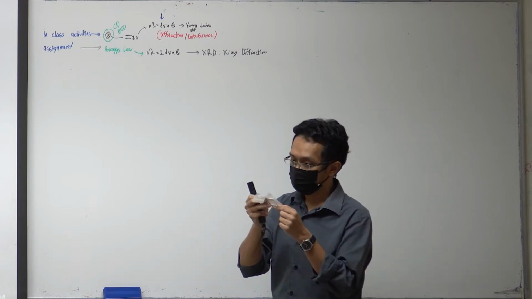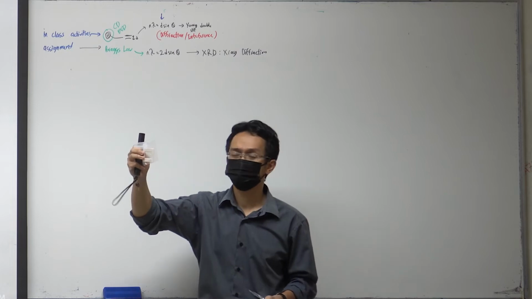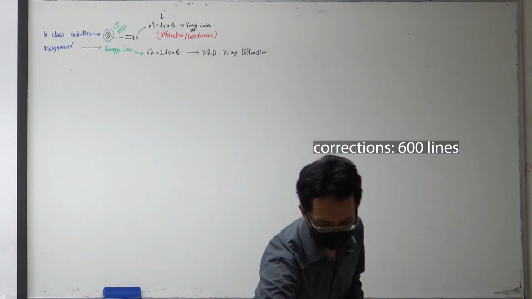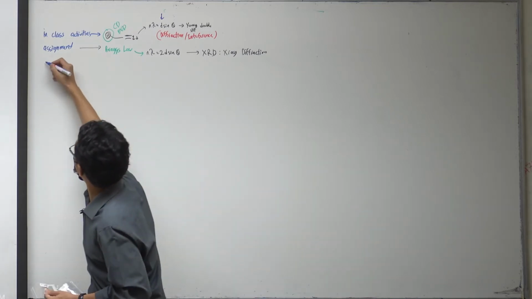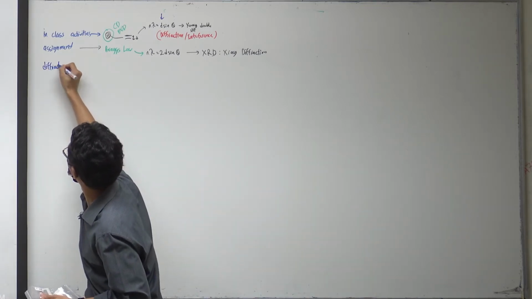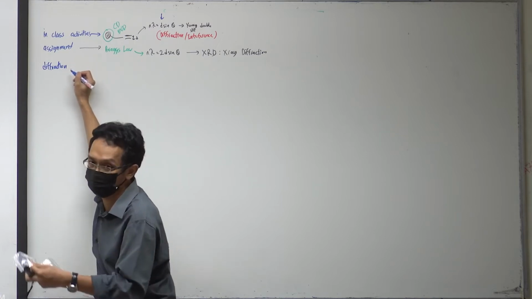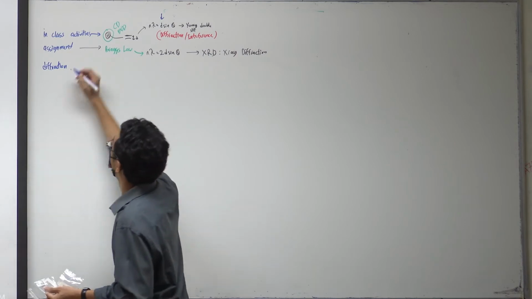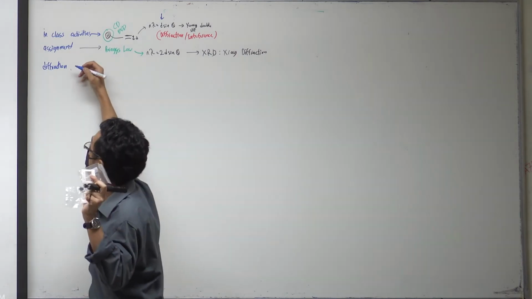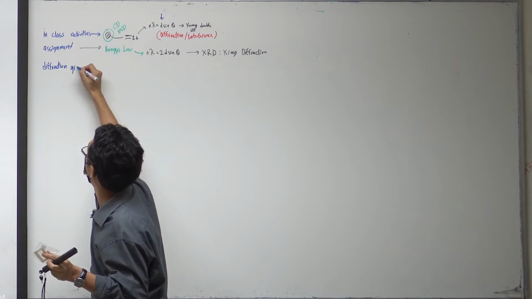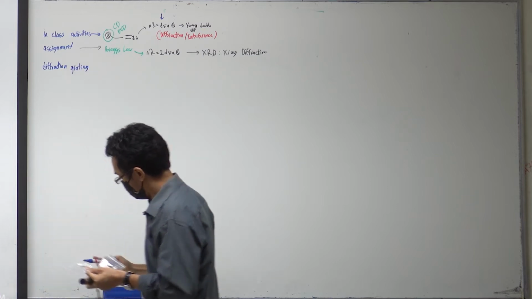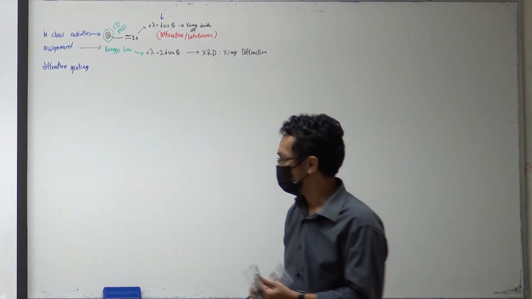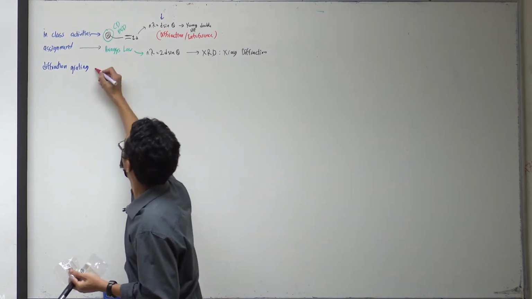This diffraction grating here, the one on my right, has 600 lines. Normally people use a diffraction grating to show this, but I showed you with the CD so that you can relate it to real life much more easily. But typically people use these very specific gratings. If you have a strong enough microscope to see it,